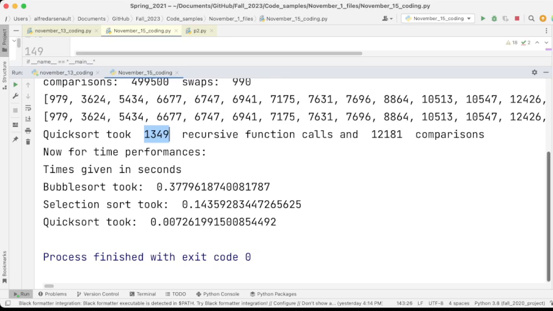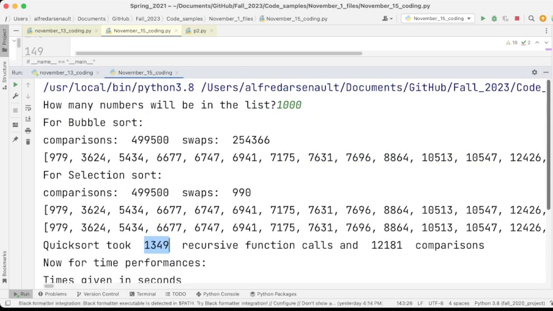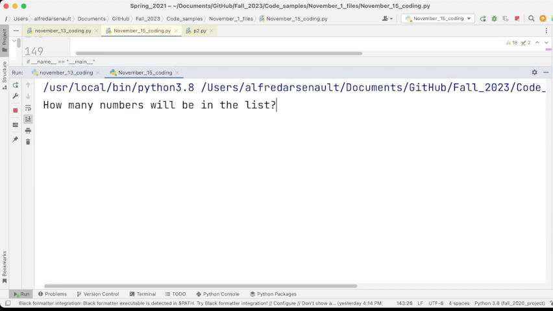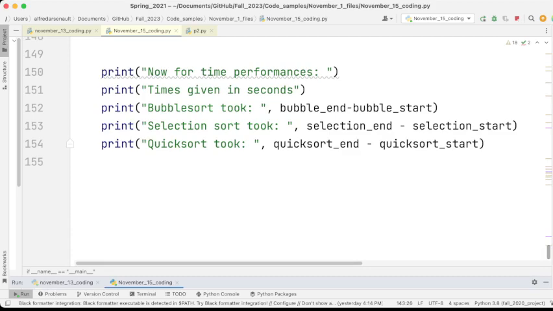We're going to try one more larger number. We're going to run the algorithm again. And now instead of 1,000, we're going to sort a list of 10,000. Before I do that, though, I said I was going to go back and I'm just going to comment out the print statements